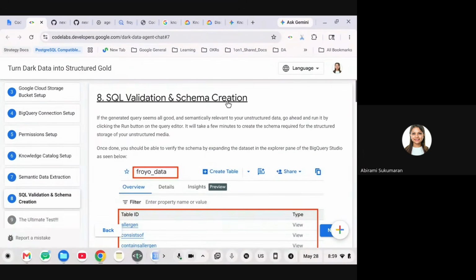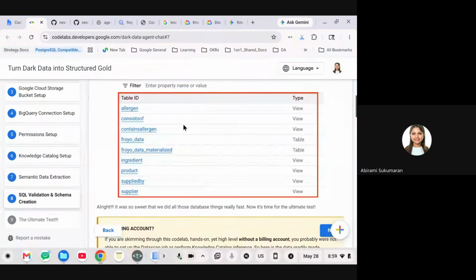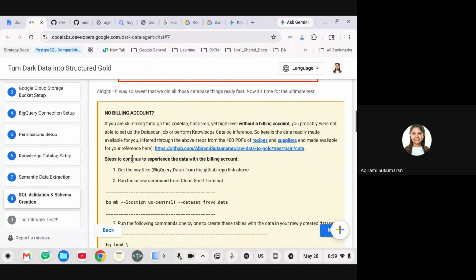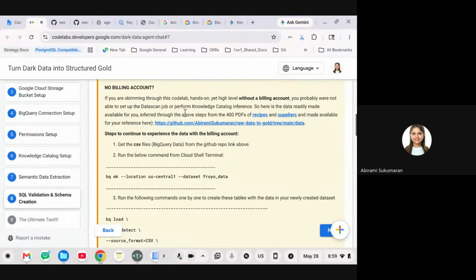All right. So now, SQL validation and schema creation. This part we can all do along. I already showed this to you. The yellow part at the bottom, whatever color you call it, says data readily made available, inferred through the above steps. The PDFs are just linked again. Don't worry about it.